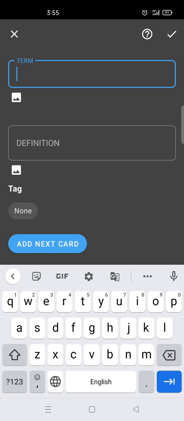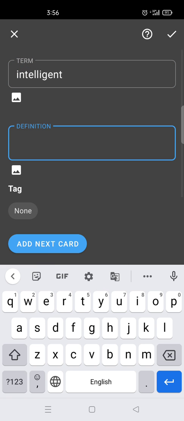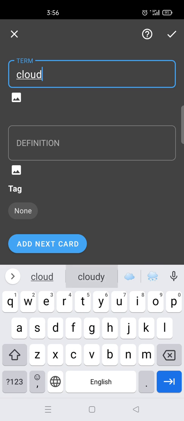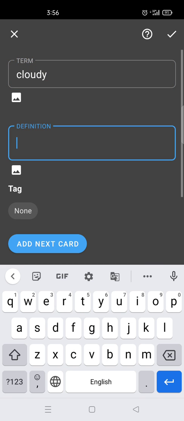So like this we will add a few cards in it. Intelligent, silly, add card. Cloudy, definition, clear, add next card.